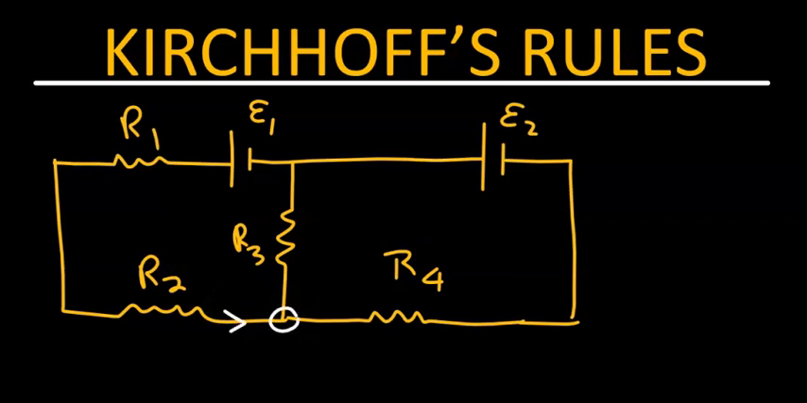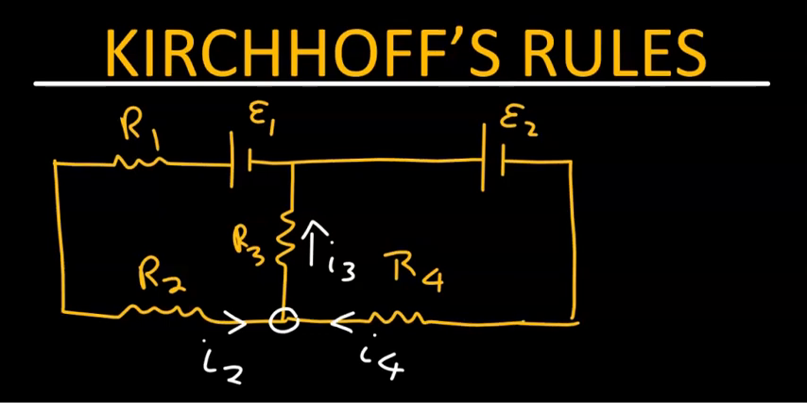Assume that the current through resistor R2 is I2. The current through resistor R4, say, is I4 and is directed in the following manner. The current through R3, let's call it I3. The junction rule, which is the first of Kirchhoff's rules, states that the algebraic sum of the currents into any